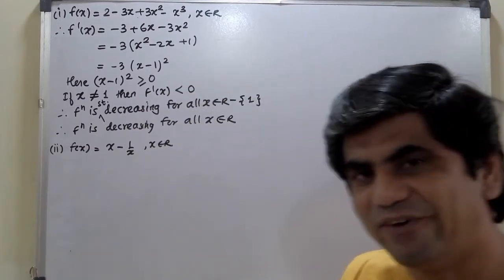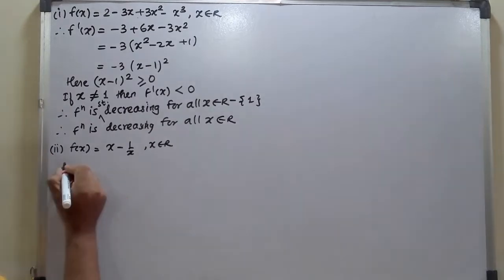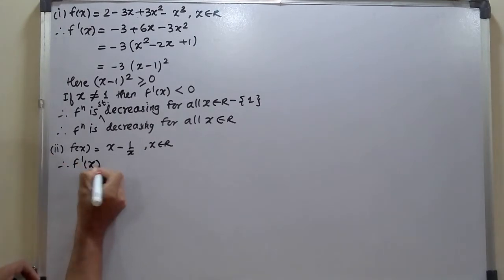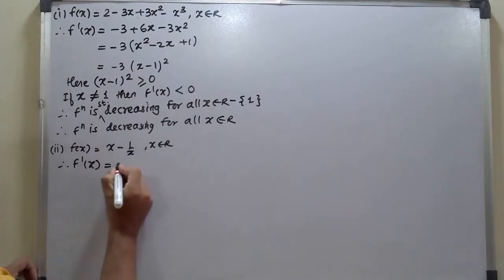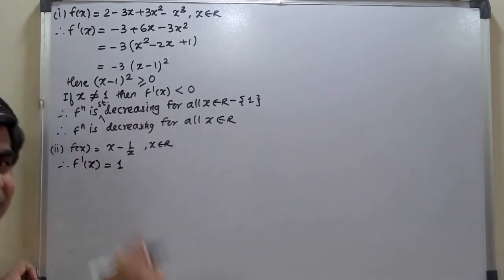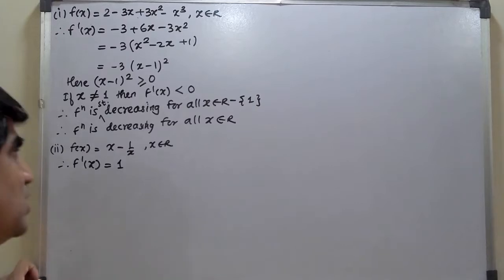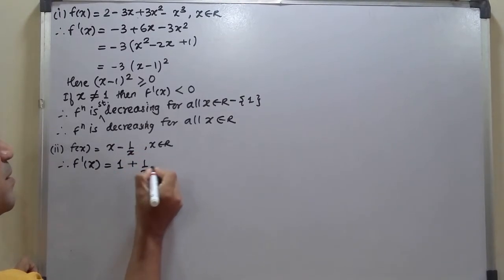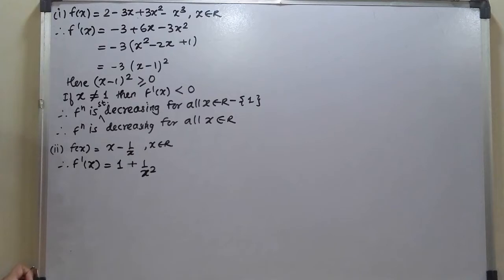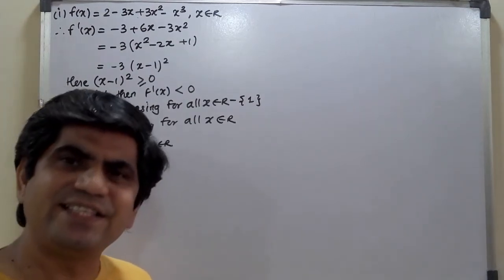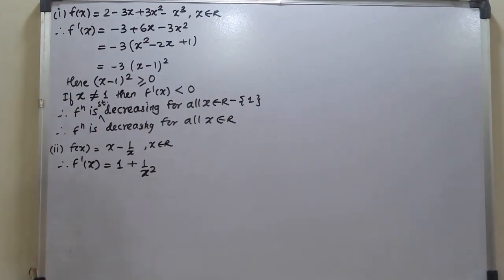So I will find the first derivative. First derivative of this, what will you get? f dash x is the derivative of x, which is 1, right? And the derivative of 1 by x is minus 1 upon x square. So this minus will make it 1 plus. Now if this is the derivative which is being told to you, you can say whether it is increasing or decreasing depending strictly on the value of x. Means I have to comment about the value of x.